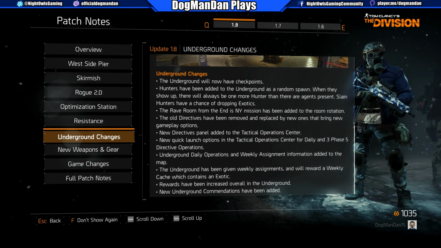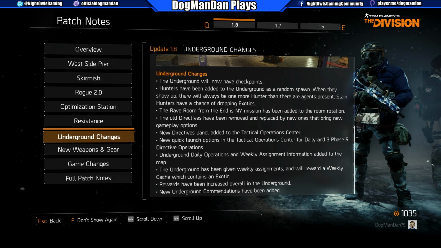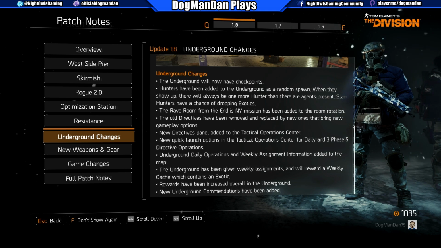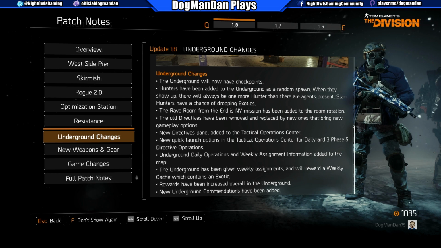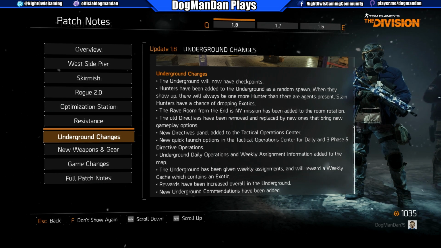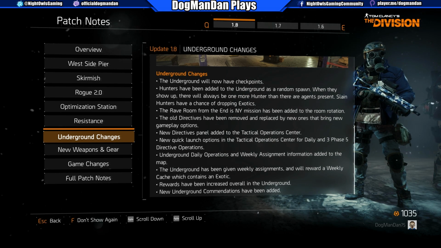The Rave Room from the End of New York mission has been added to the room rotations. The old directives have been removed and replaced with new ones, so that brings new gameplay options. New directive panel added to the Tactical Operations Center. New quick launch options in the Tactical Operations Center for the daily,